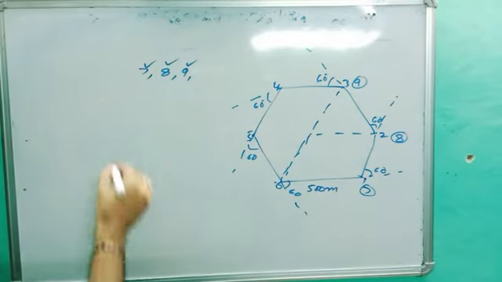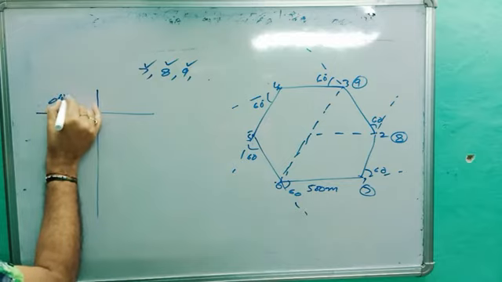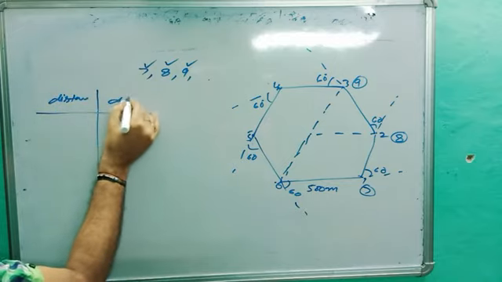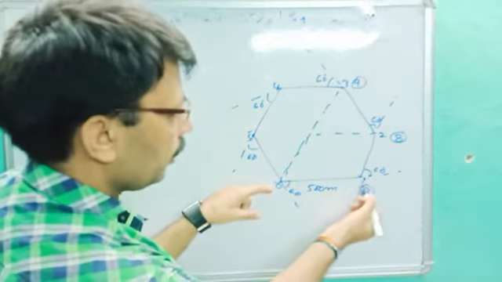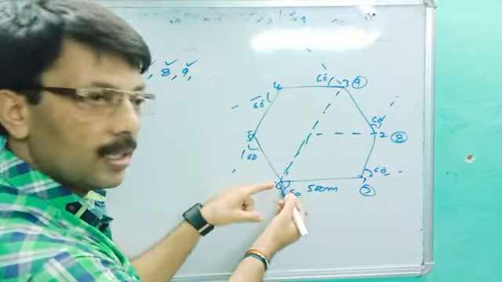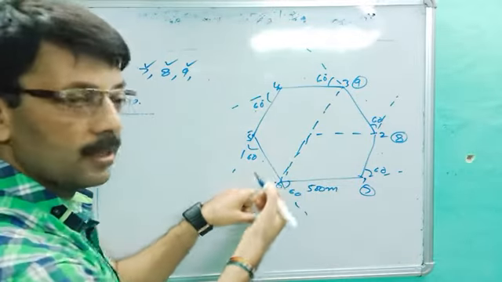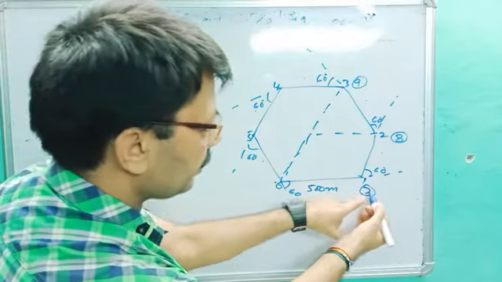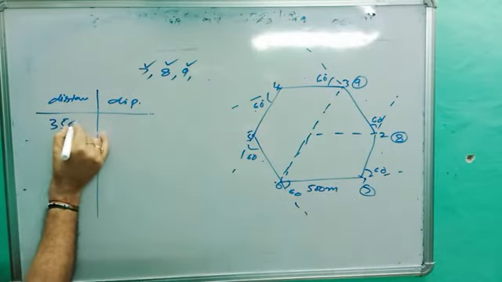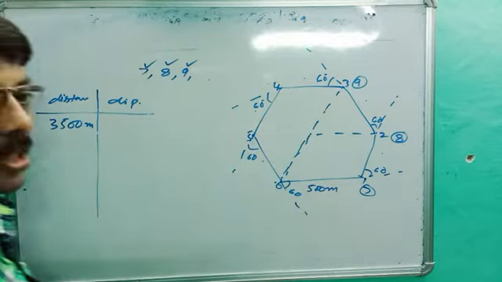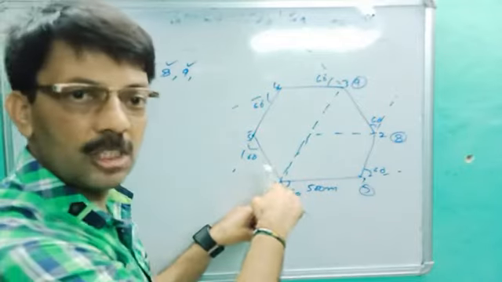First, what are the distance and displacement for the 7th turn? It completes one rotation, so the distance will be 3000: 500, 500, 500, 500, 500, 500. Distance is a scalar quantity. And again in the 7th, it travels 500, so the distance will be 3500 meters. What about displacement? It started the journey from 6 and came back to 6. It means displacement is 0.